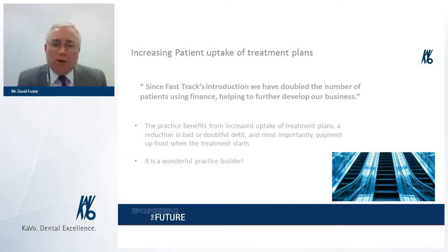And they tell a completely different story, where there's a slight disconnect between dentists' chairside suggesting or agreeing, as they thought, with a patient that a treatment plan of, say, £3,000 would be a good idea. The patient says, oh, wonderful, I really want to look like that. By the time they've gone downstairs to the front desk,